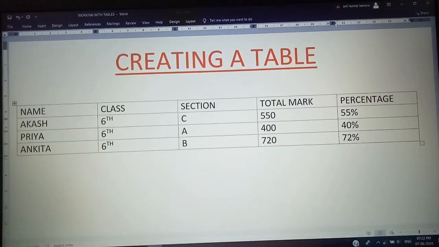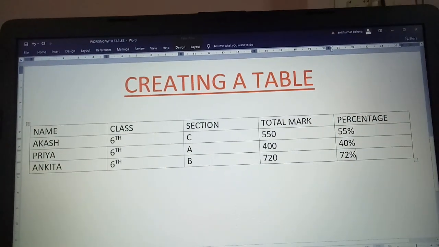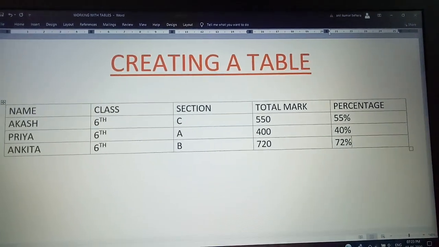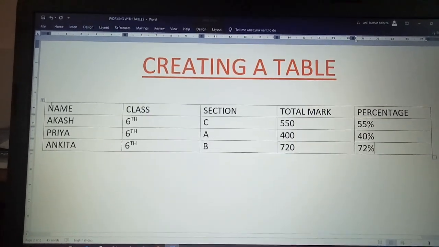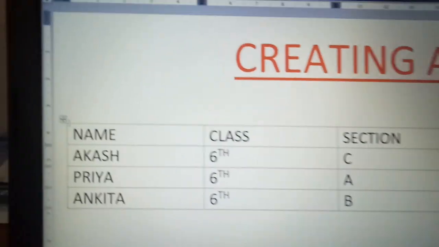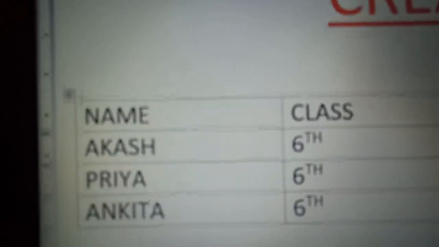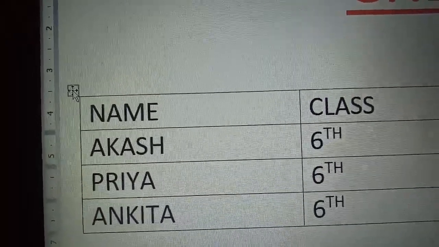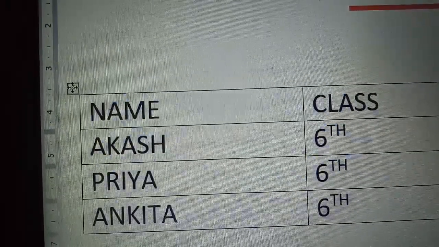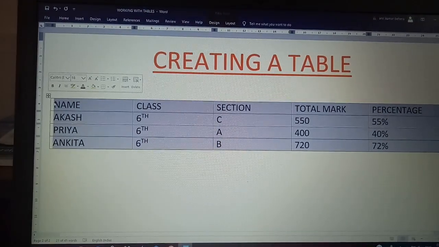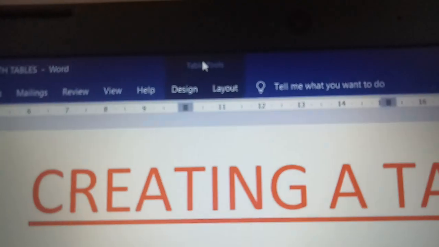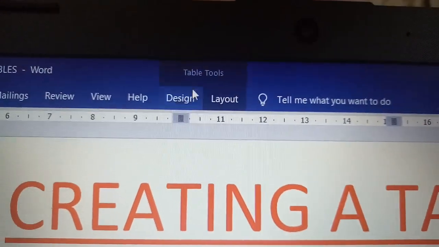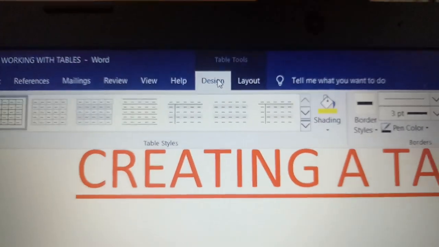Okay, these are the few random details we have entered. Now, applying the first formatting feature, that is, to apply designs. For that, you just select the table. As you can see, a four-sided arrow mark is present. For selecting the entire table, you just click on it. The entire table is selected, or else you can put the mouse pointer and drag also, and then you go to the Table Tools option. Under that, click on the Design button.